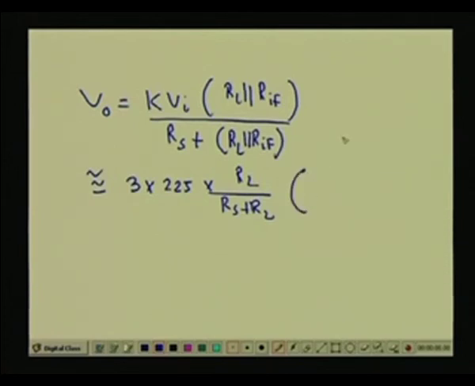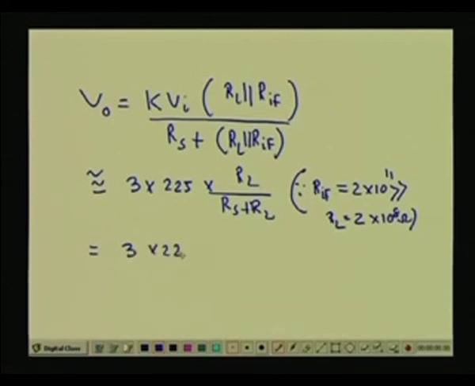Because you see that RIF is equal to 2 into 10 to the power 11 ohm, which is much greater than RL, which is equal to 2 into 10 to the power 8 ohm, quite obviously. So, this we can write ultimately, 3 into 225 into 2 into 10 to the power 8 upon 10 to the power 8 plus 2 into 10 to the power 8,